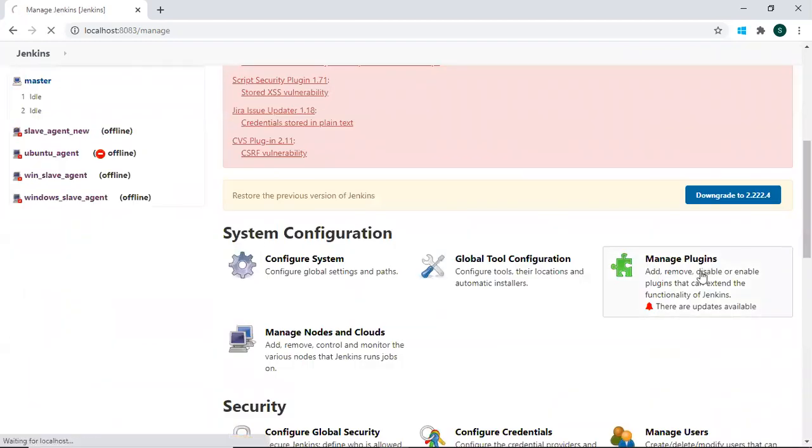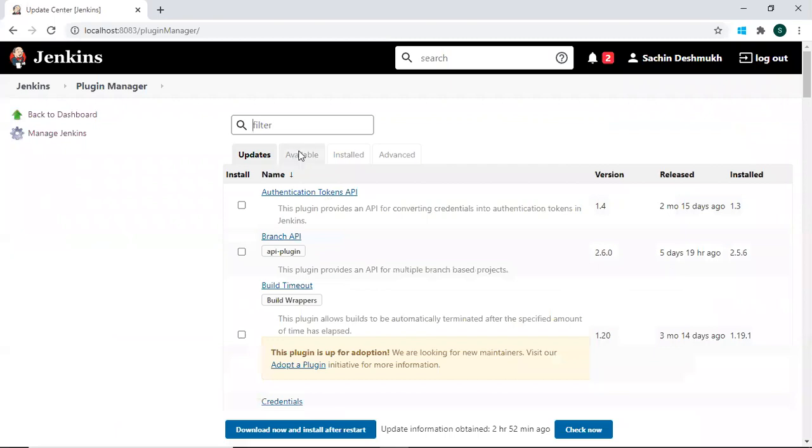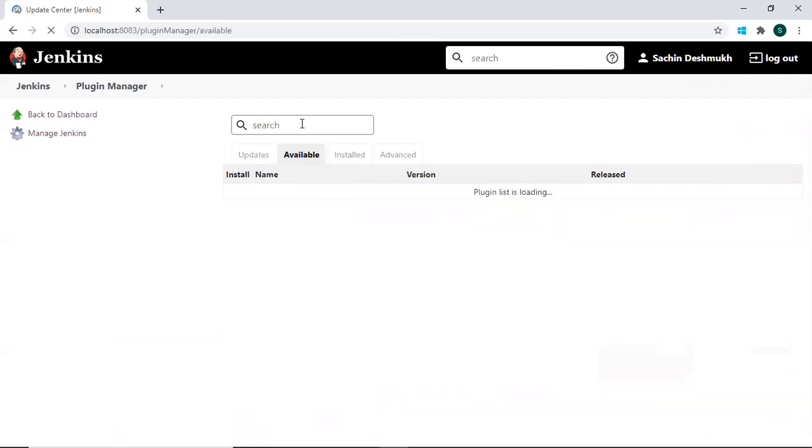Manage plugins. In the available section, search for Slack notification.